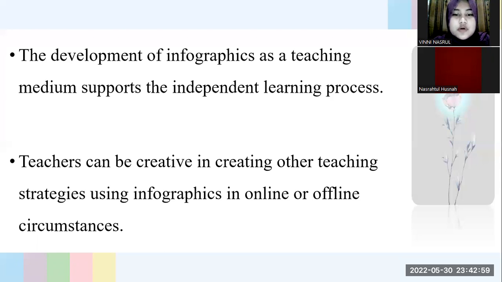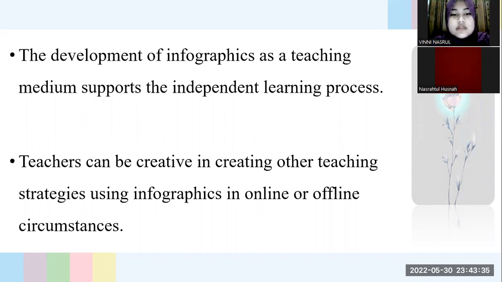Design and Develop Research, or DND, proposed by Ritchie and Klein 2005, was used in this study, including design, development, and evaluation. The initial observation was carried out at one of the junior high schools in Buleleng, Bali, Indonesia, and the data was collected by library research relating to the development of infographics and the nature of independent learning. And for the document analysis, they did syllabus analysis and expert judgment.